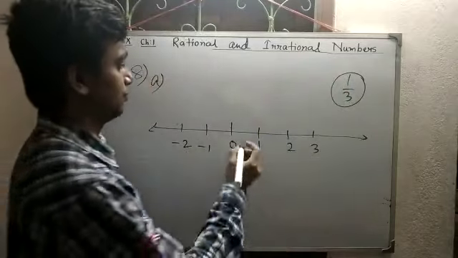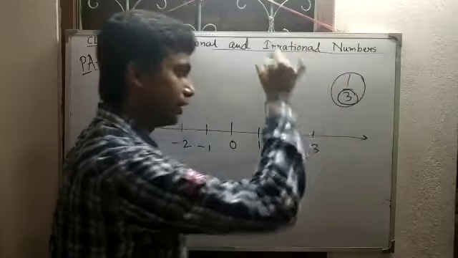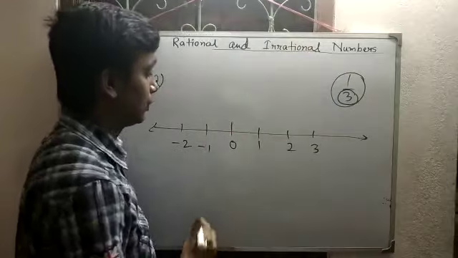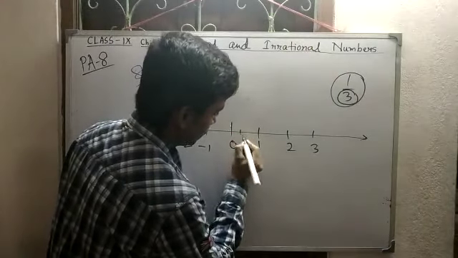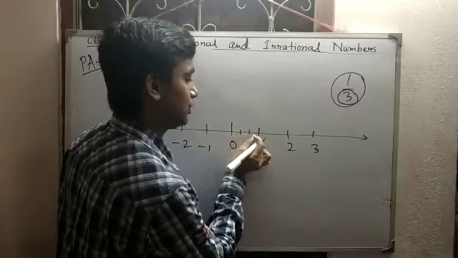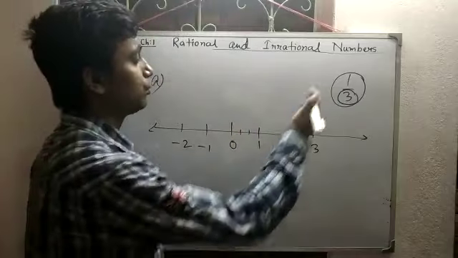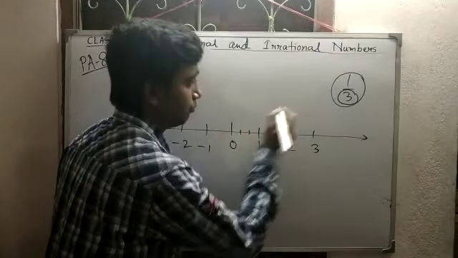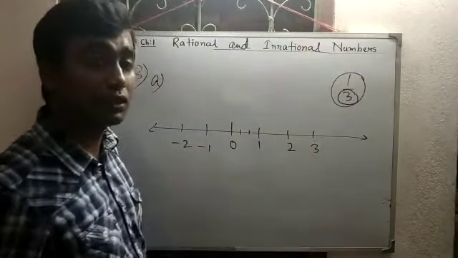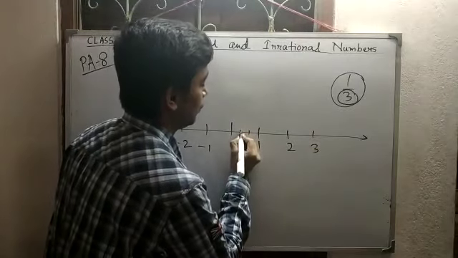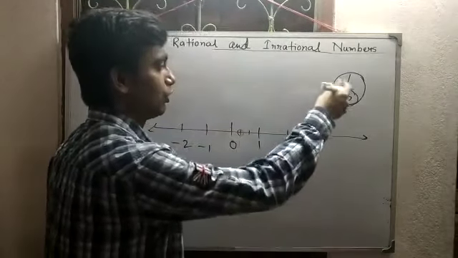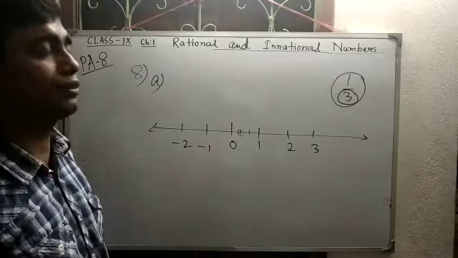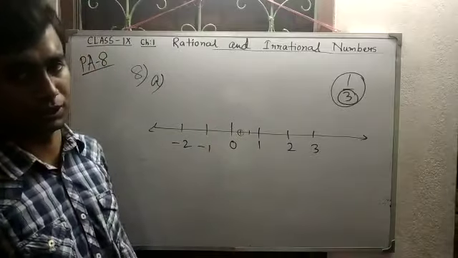According to the denominator, we will divide this range into three equal parts. So 1, 2, 3, three equal parts, out of which we have to take 1. Because it is a positive number, we have to go to the right hand side. It was 1 by 3, so you have to go only one step to the right hand side. This way we can represent any rational number on the number line.